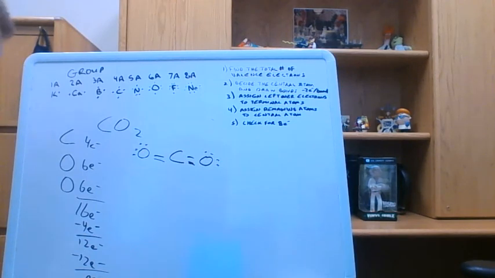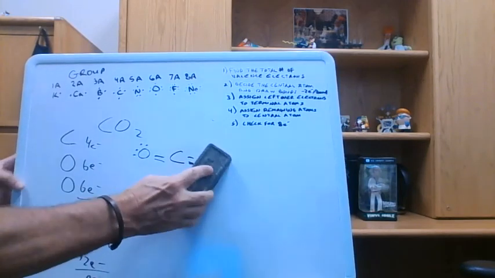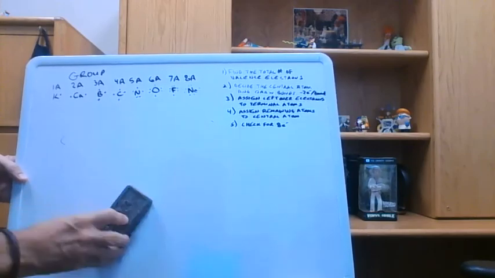But we should always avoid trying to form double bonds and triple bonds if we can share our electrons without getting to that point. That's the best approach. So not everything